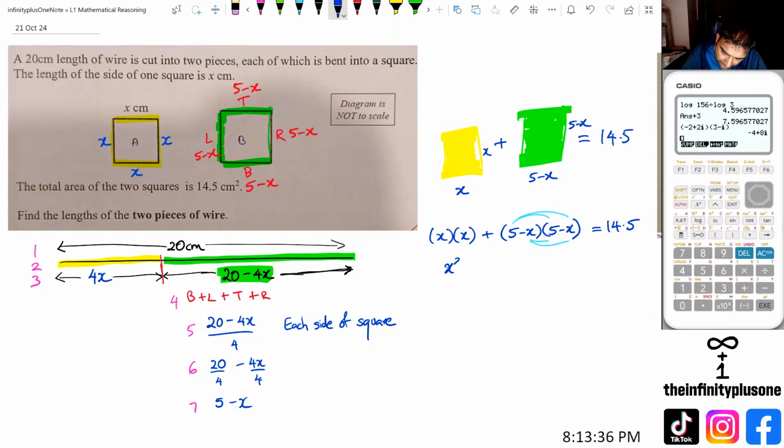x times x is x squared. Then I've got 5 times 5, which is 25. Then I've got minus 5x plus x squared. This is equal to 14.5. Then I'm combining my x squared, so I've got 2x squared minus 10x plus 25